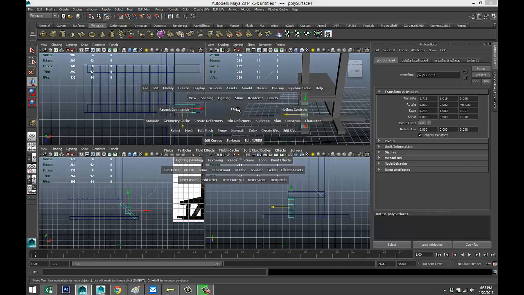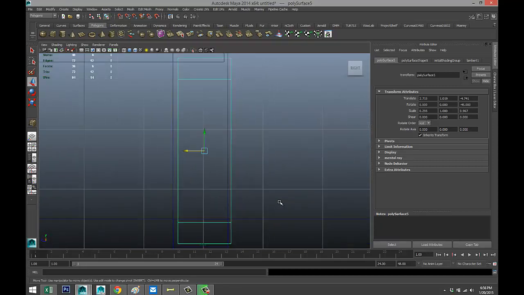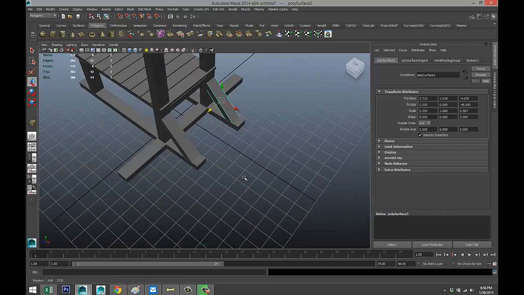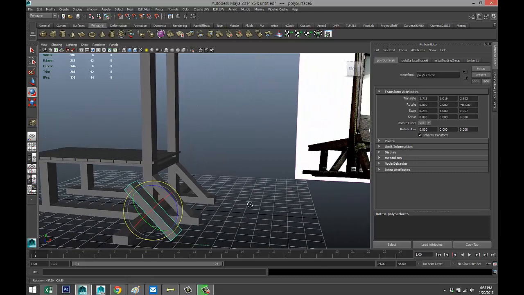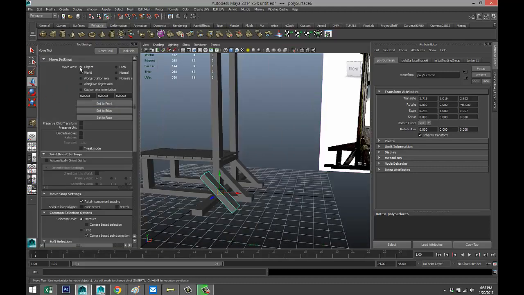Okay, so now that we got that, Control D to duplicate that, move that over, F to zoom in, that should be fine. So we got those two, and we want to have the same on these ends here. So I'm going to take one of these, Control D, move it over, E to rotate, and I'm going to go to my move tool, double click, object mode,